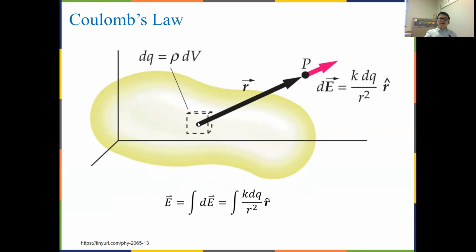So you cut small pieces of that distribution and calculate dq. For bulk, you do rho dV. For surface, you do sigma dA. For linear, you do lambda dL or dx. And then you integrate over the whole body